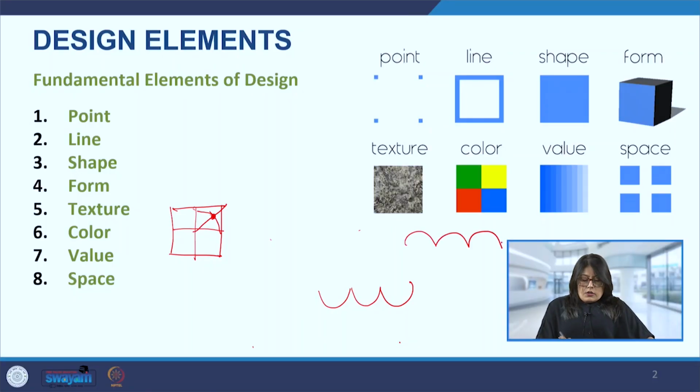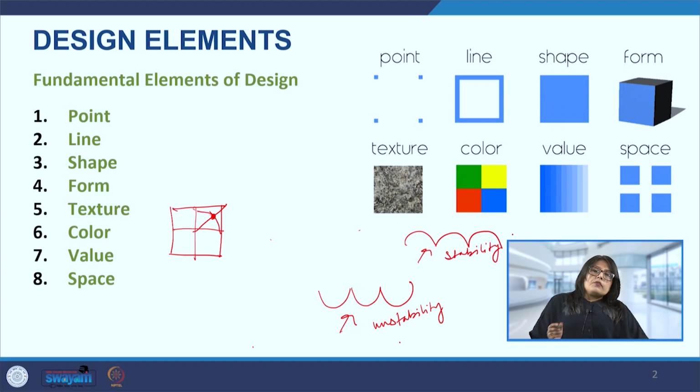So now, for example, I'll just draw two lines, and both are made of similar elements, but when they're put together, the meaning that they form is totally different. So one line is this, and the other is this. These curved lines, the minute they have the concavity upwards, like in this particular case here, show instability, and when they are the other way around like this, they show stability.